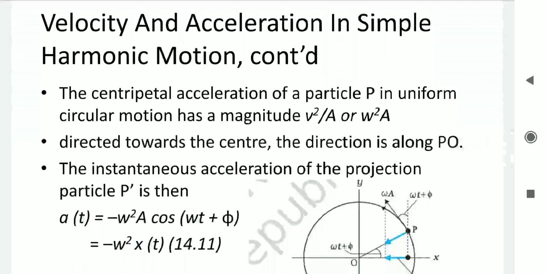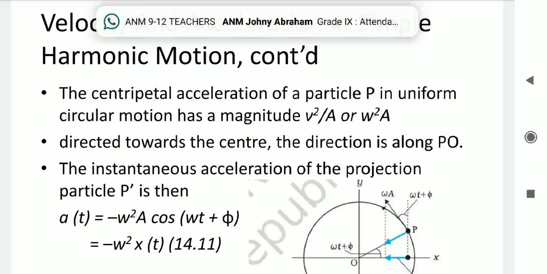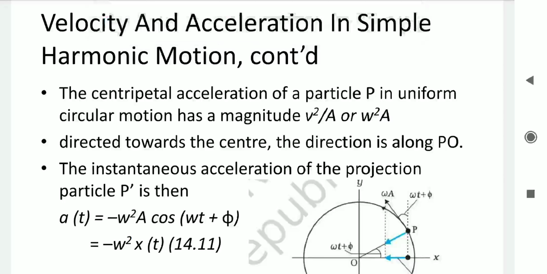So here that acceleration is available having the magnitude v square by a, the linear acceleration, or angular acceleration we are having omega square into a. This acceleration is always directed towards the center along the vector OP, and that particle P onto the circle is projected onto the plus x-axis having a P dash position. So here acceleration we are having maximum amplitude omega square a representing a circle form, that is a function cos omega t